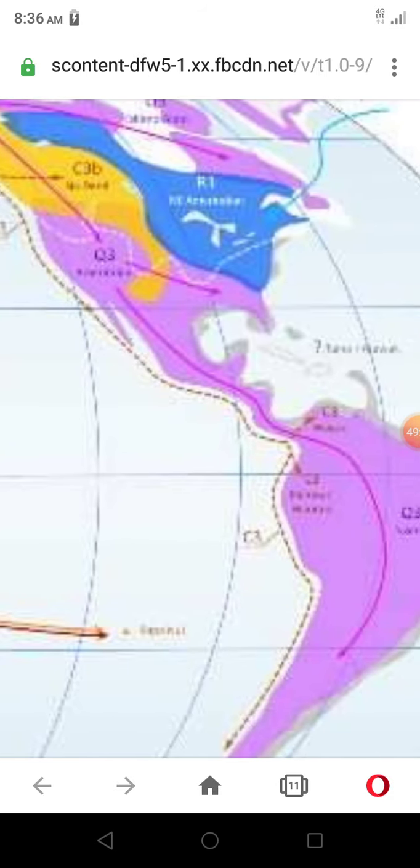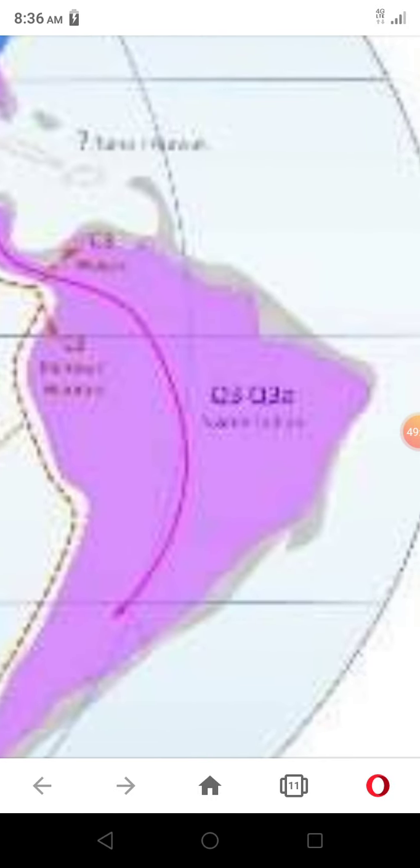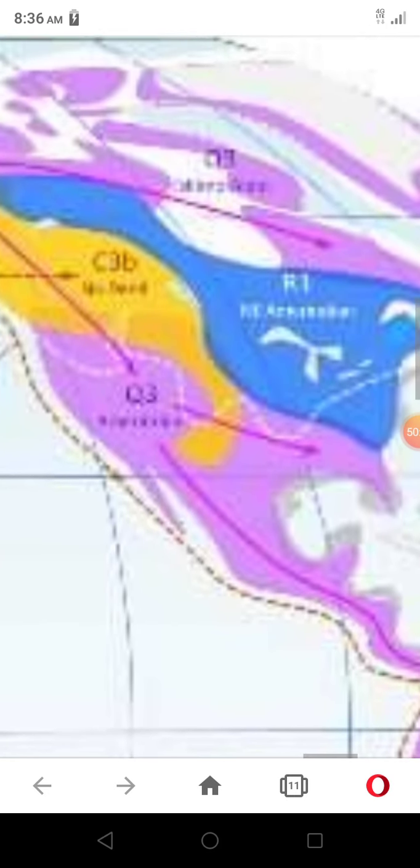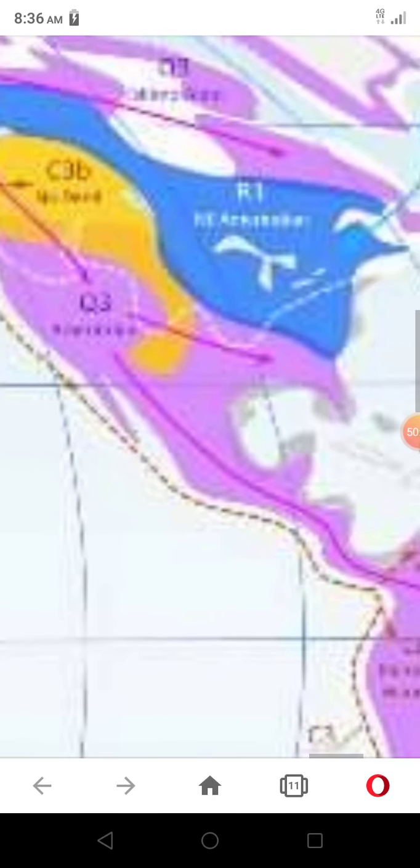So, like I was saying, you have C3 down here in the coastline. Yeah, Q3. So we are looking at the Americas. These are the movement of people. And as you can see, R1. So these are your native groups of people. C3B, Q3. So your big R1 grouping of people, and then you move back across the same grouping of people, R1A, and then we get into